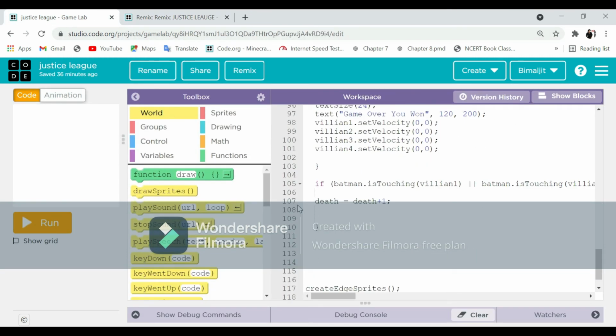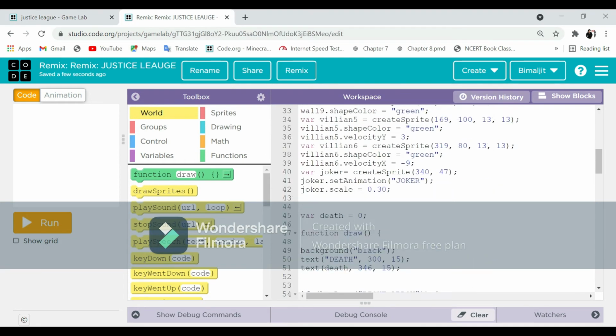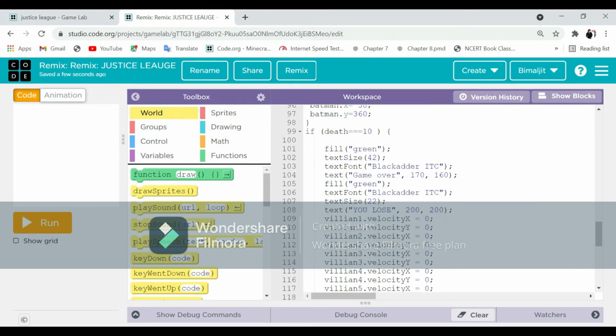Okay, so let me once again explain that I have given here the 10, that when death is triple equal to 10. See, what does this triple equals to mean? Triple equals to means that you are giving a condition, that if death is triple equals to 10. So this triple equals to means that when you are saying that only this condition applies, you are applying one single condition. That means you have given something that only on this thing it should go.